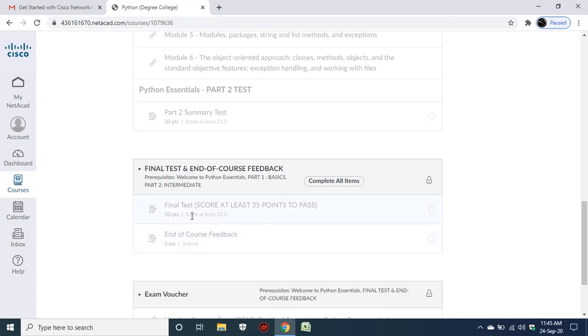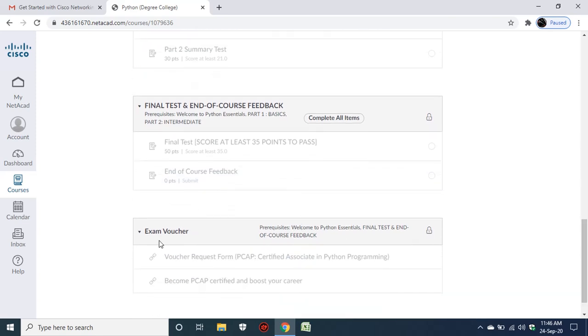After completing your final test, it will be out of 50 points. You should get at least 35 marks. If you get less than 35 marks, you won't get a course completion certificate. You should get 35 marks and above, and after that you can give the end of course feedback. Many of you have been asking whether to take any certification exam; it's your wish. There will be a test to give you a certificate, and I think they'll ask you to buy a voucher. If you have an interest, you can buy it, otherwise leave it. Don't ask many questions on that. You will get a course completion certificate if you complete up to this point.